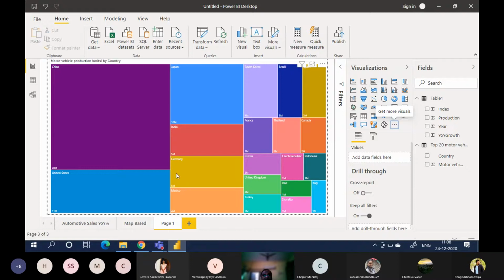This is a tree map visualization of motor units produced by different countries. Clear, right? This is a very interesting visualization which is giving us very interesting data. Tree map.